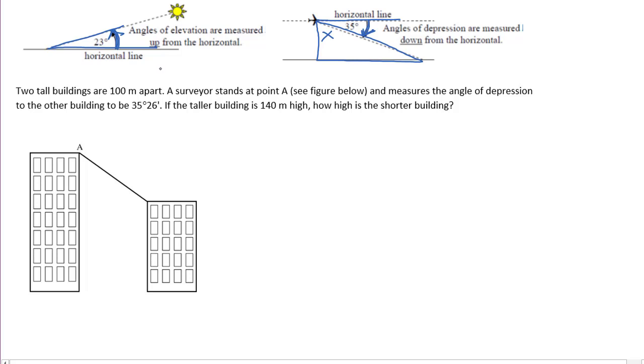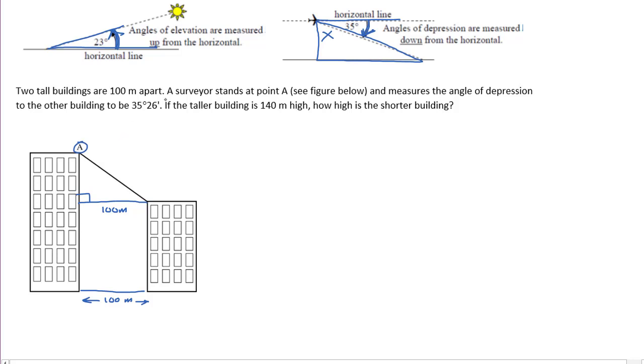This is a classic example, just a basic one. You've got two buildings, they're 100 meters apart. So the first thing I can draw on is there's 100 meters right there. They're 100 meters apart, and obviously we're going to have a triangle here. So I'm going to draw that in right there, and there's my 100 meters. And I can make this a right angle triangle. A surveyor stands at point A, right up here, and measures the angle of depression to the other building to be